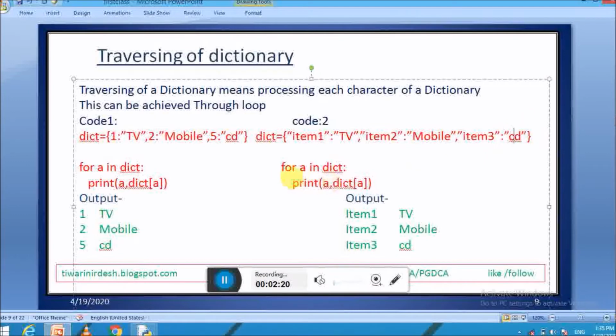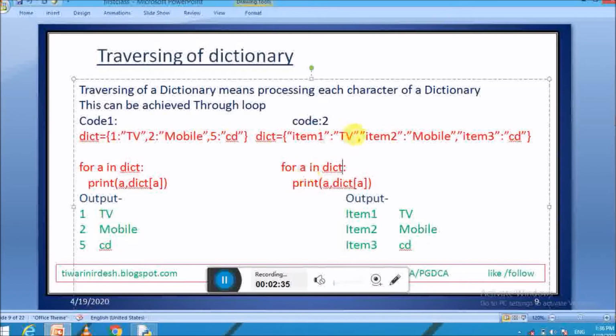Now in the second line, for A in DICT, A is a variable. It means that in this loop, A is assigned the next key of the dictionary again and again.